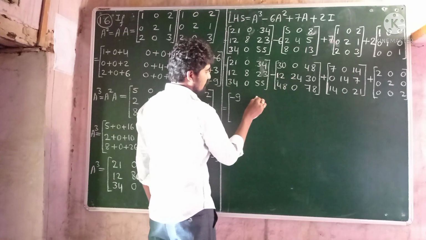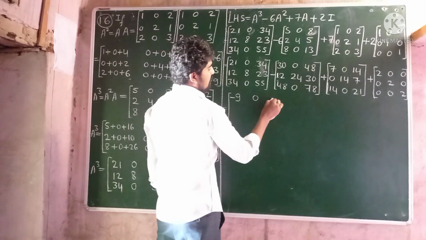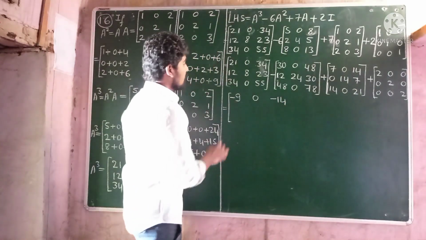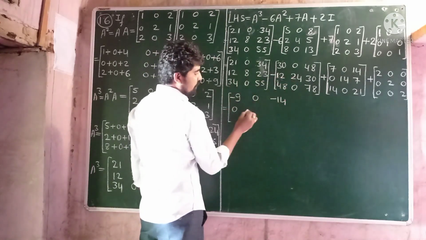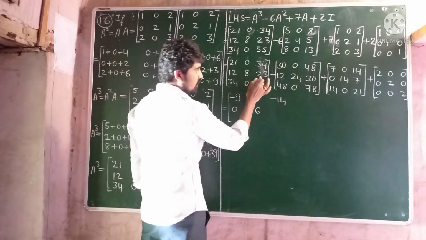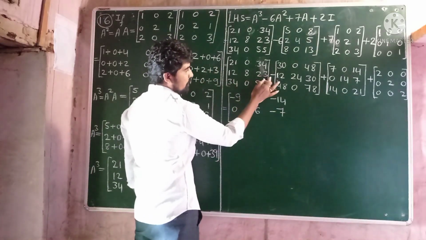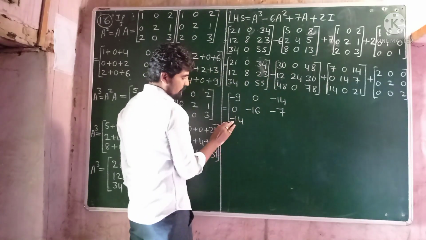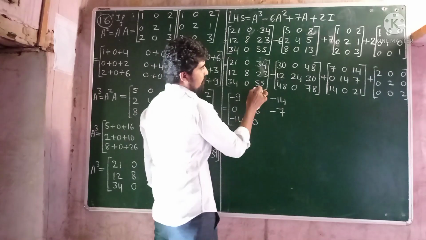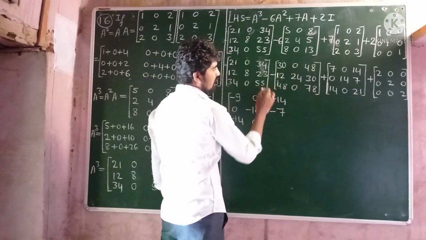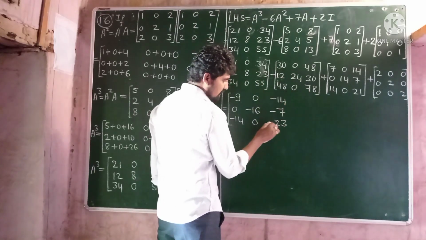0 minus 0 is 0, 34 minus 48 is minus 14, 12 minus 12 is 0, 8 minus 24 is minus 16, 23 minus 30 minus 7, 34 minus 48 minus 14, 0 minus 0 is 0, 55 minus 78, and then 55 minus 78 is minus 23,